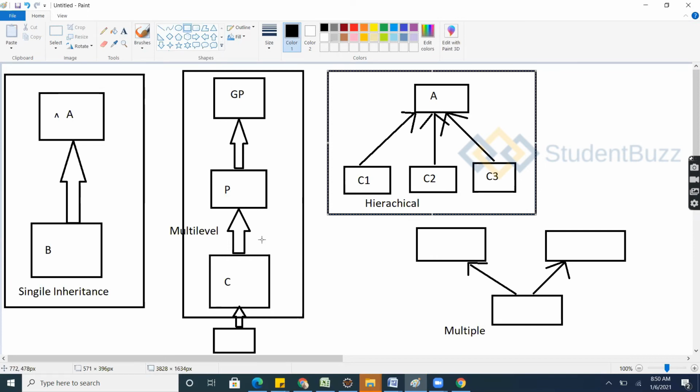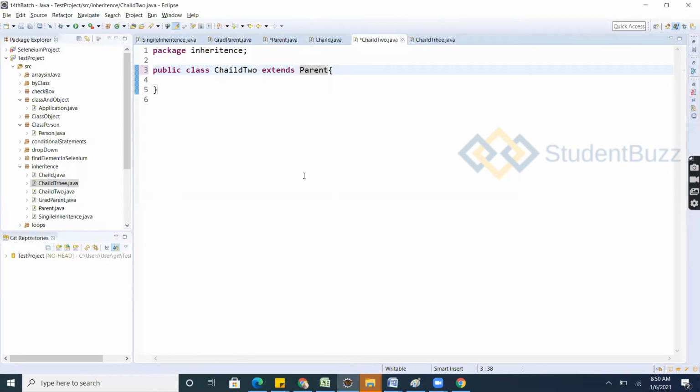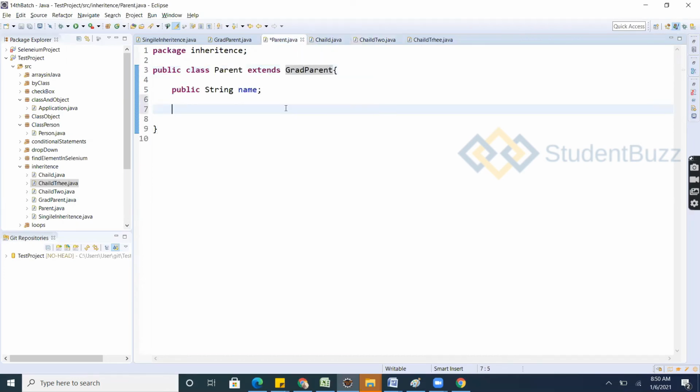So here also, let's say, hierarchical. Basically, let's see the parent class. Where is this parent class? Parent class is having the car. Parent is also having the bike.